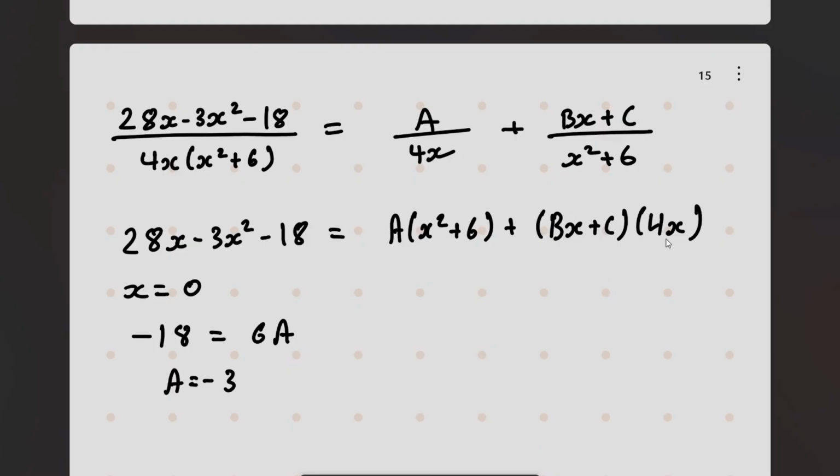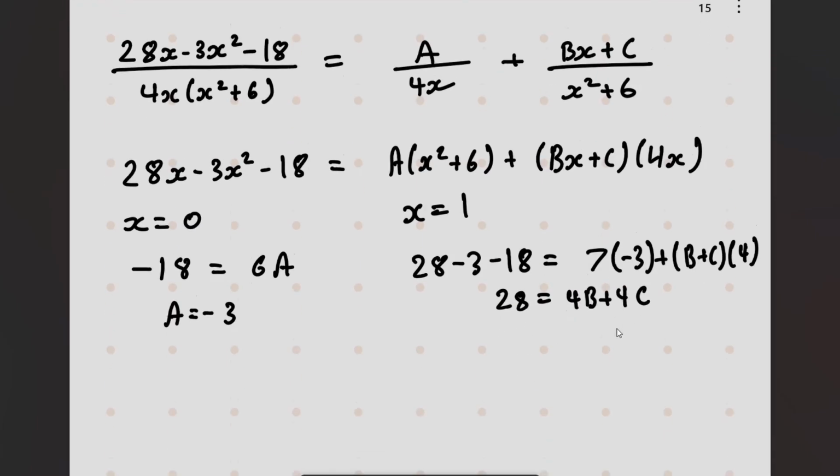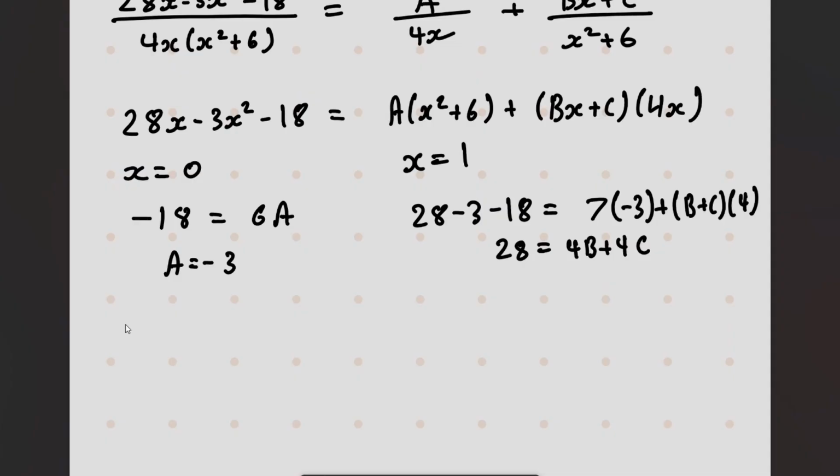What this means is that we're going to use simultaneous equations somewhere in our working. So we're going to take x is equal to 1. We'll get 28 minus 3 minus 18 is equal to 7a plus, and since a was negative 3, we're just going to replace that, plus b plus c times 4. And you're going to get 28 is equal to 4b plus 4c, and you could simplify that, but I won't. And now you're going to take x is equal to 2